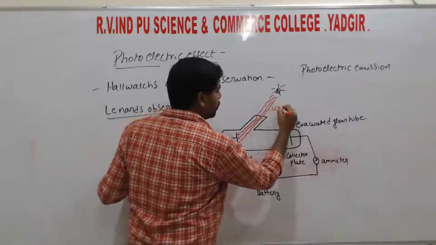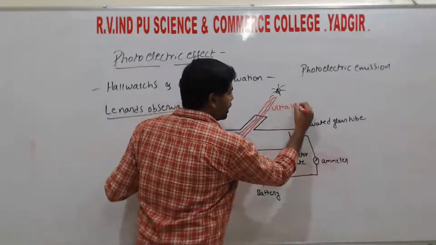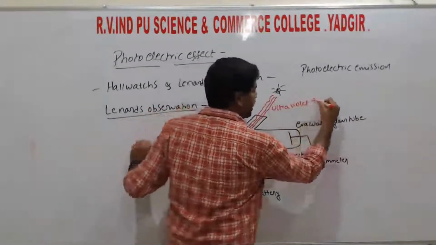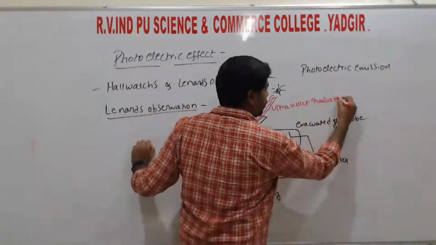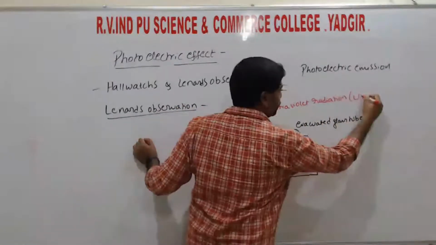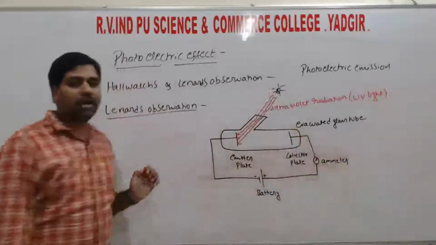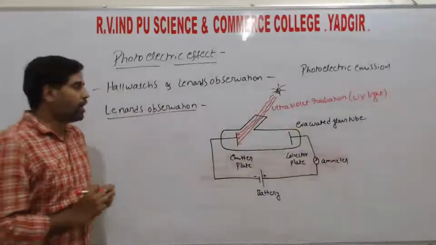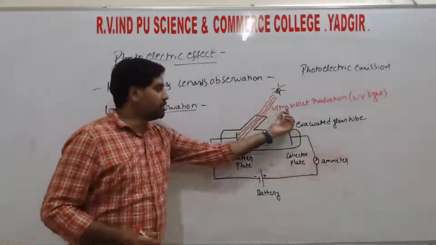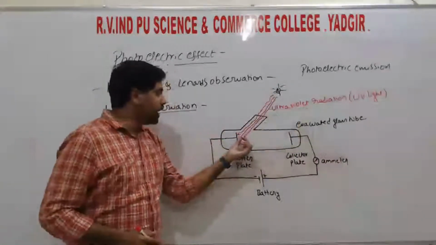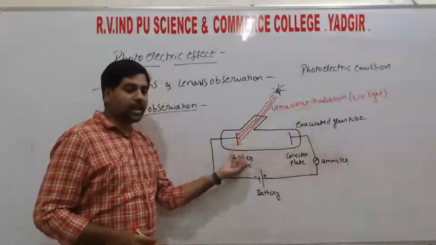So these are the ultraviolet radiations, or we can say UV light. UV represents ultraviolet radiations. So when the sunlight, that is the ultraviolet radiation, falls on this emitter plate,